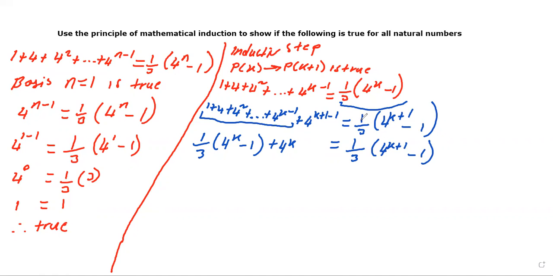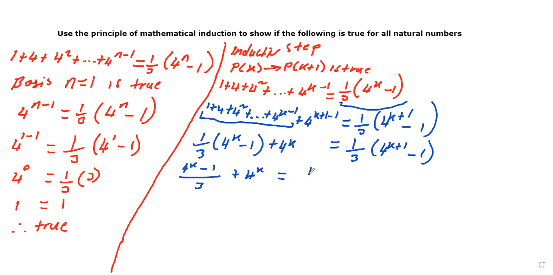All right. So what we're going to do at this stage is add these two numbers together. As you can see, there's a fraction over here. So this is the same thing as 4 to the k minus 1 over 3 plus 4 to the k. Right? So let's continue. If you want to rewrite it as a fraction so it's more visible, we could do that. So it's going to be 4 to the k minus 1 all over 3 plus 4 to the k